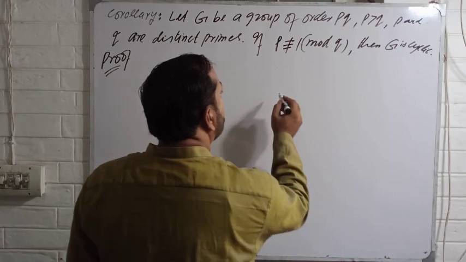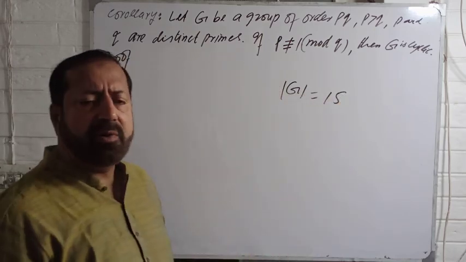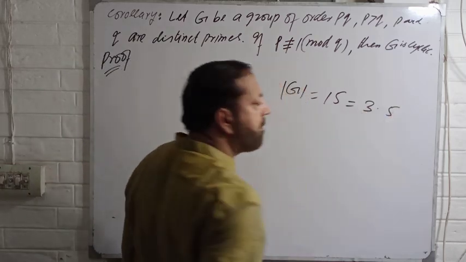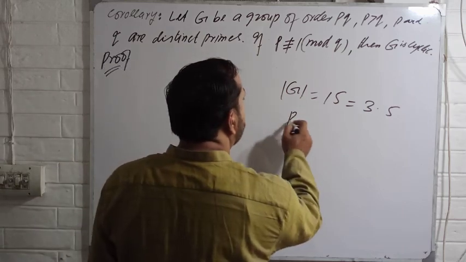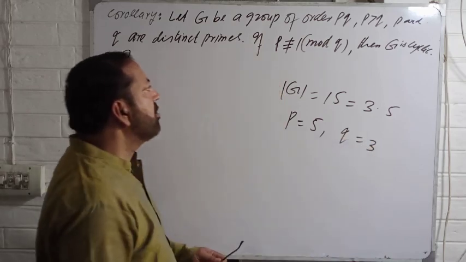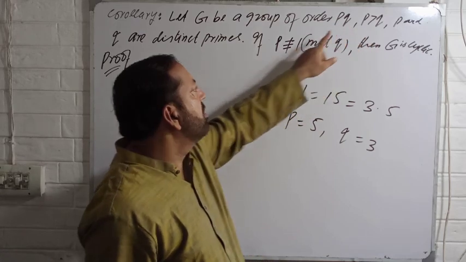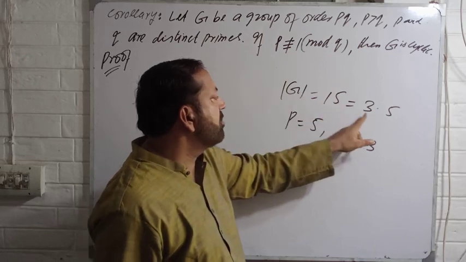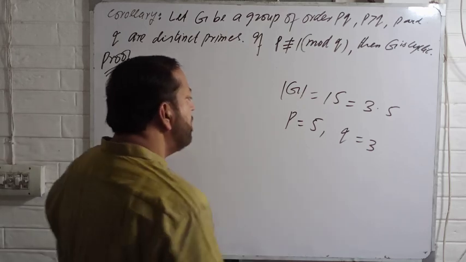Now take a group G of order 15. If you take a group of order 15, this is equal to 3 into 5, right? If you take P is equal to 5 and Q is equal to 3, according to this condition, P is greater than Q, and P, Q are distinct primes, and G is a group of order PQ. So here the order of G is 15, that is 3 into 5, you take P is equal to 5, Q is equal to 3, and see here